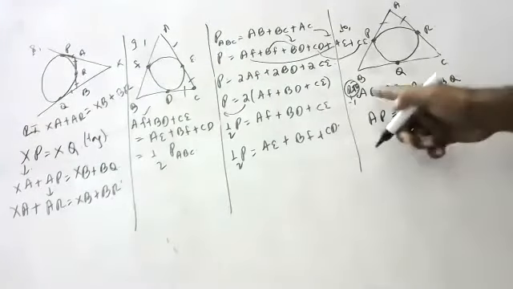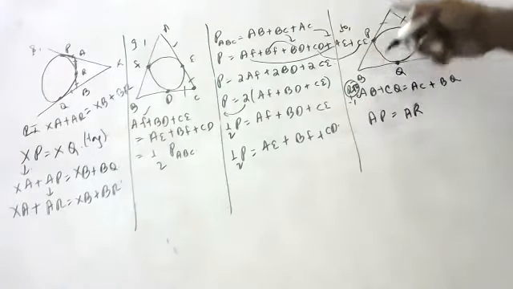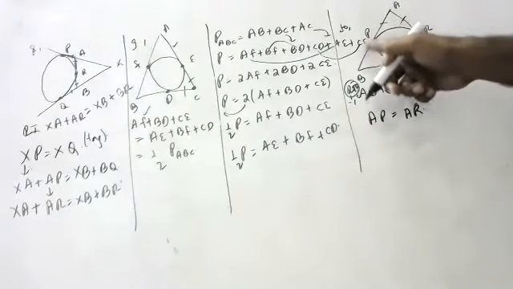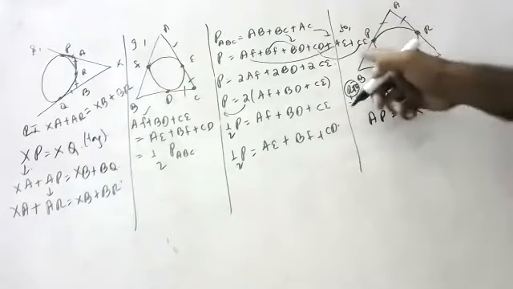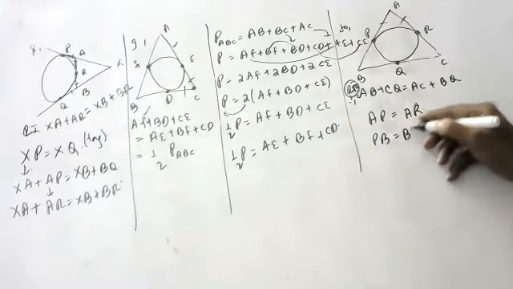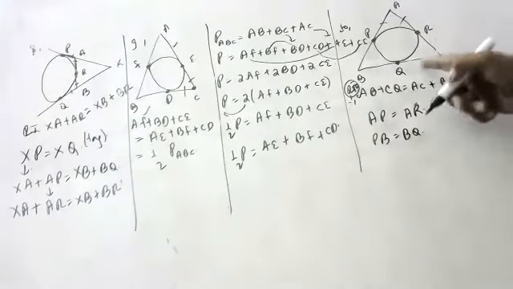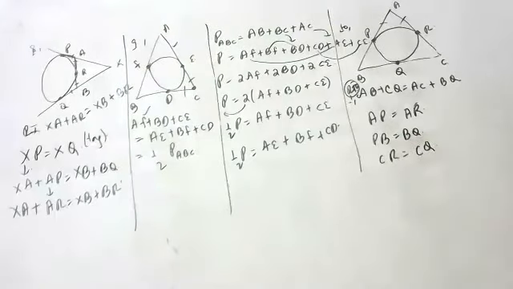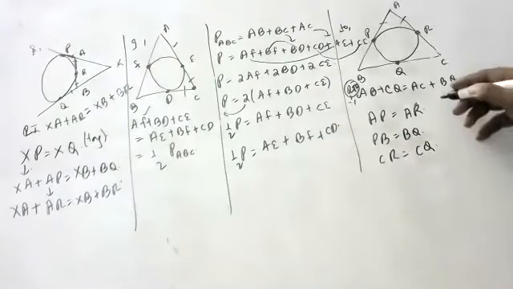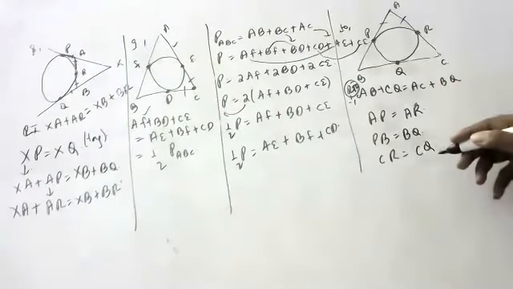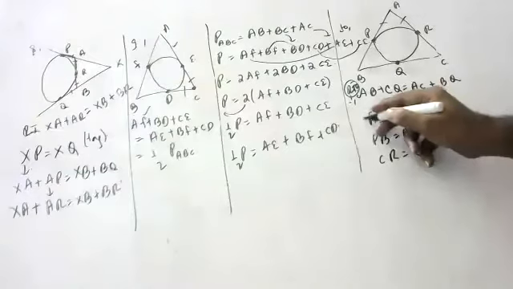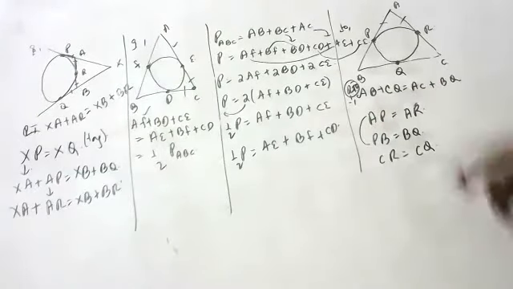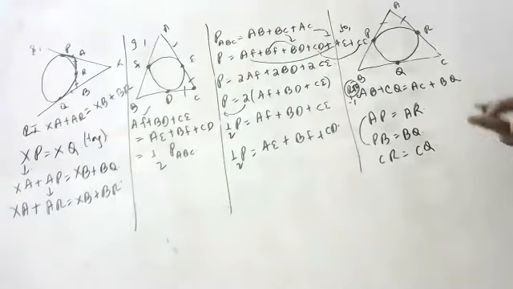Now, according to the question, we want AB. AB means what you will have? AP and then PB. BP equals BQ, because tangents meeting at a point are equal. And then CQ equals CR. CR is equal to CQ, tangents meeting at a point are equal. Now, if you add these both, AB and PB? No, AR and BQ. No, not like that. We can't add like that.